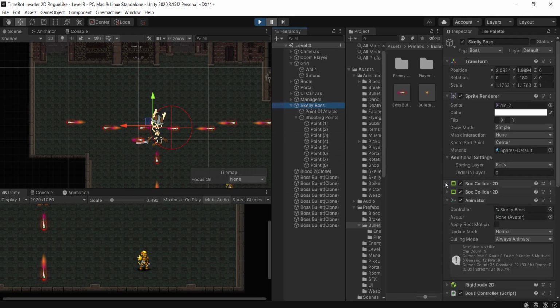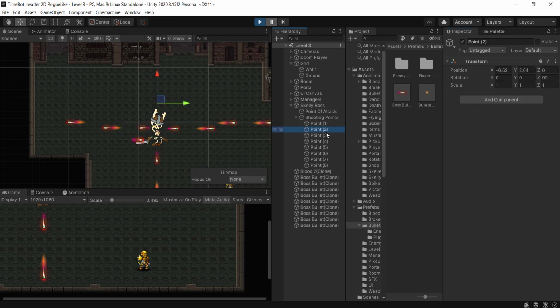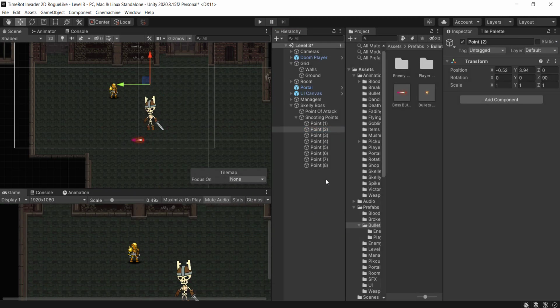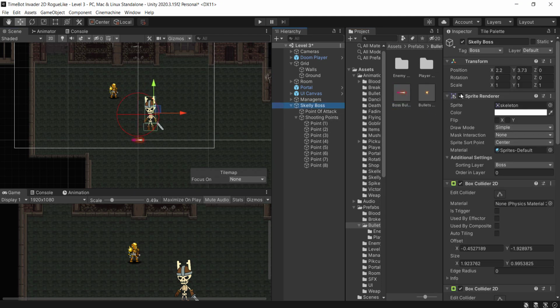Let's see. Maybe it's because of the collider. It may be. So let's look at the point. Obviously this point 2, and the collider, but it shouldn't be because of the collider, because, well, obviously the enemy bullet does not interact with the boss, or does it? So I've noticed that when I move the point 2 up, this does not create a problem, so my suspicion is that the boss bullet, which is on the enemy bullet, is interacting with the Skelly boss, which is on